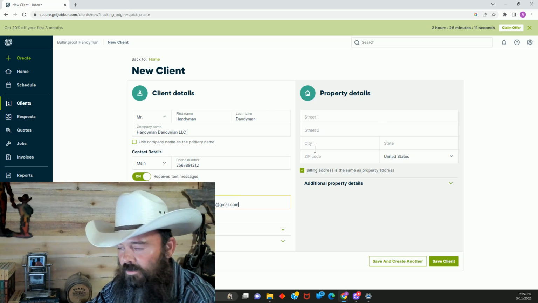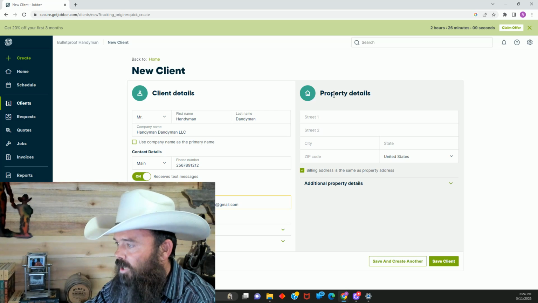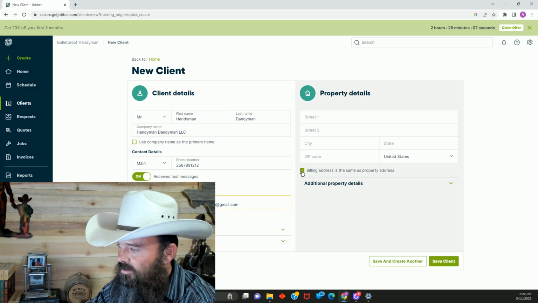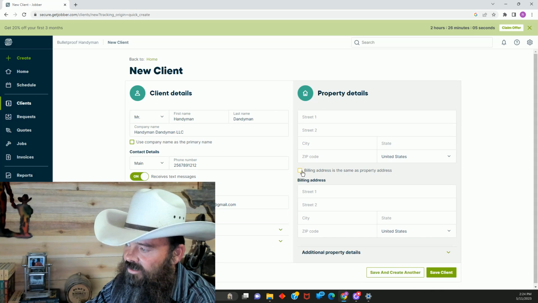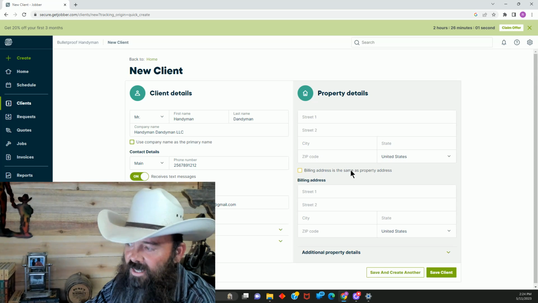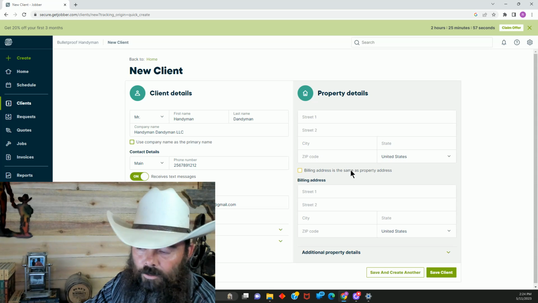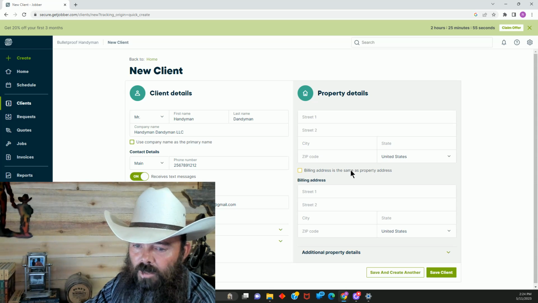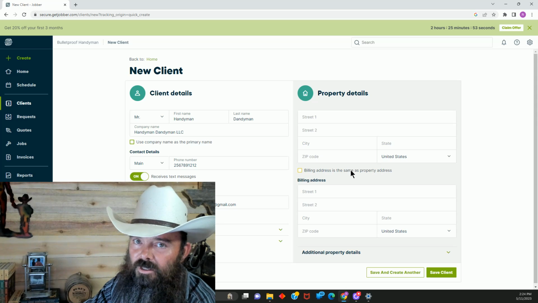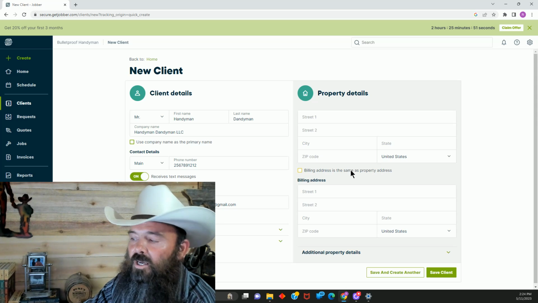Now this is where it gets important. Pay attention, look where my mouse is. Property details. You need to unclick billing address is the same as the property address. Now if y'all are working with homeowners, that's a different story. Typically the property address is also the homeowner's address. But we're working with property managers, so the billing address is going to be the property management company,